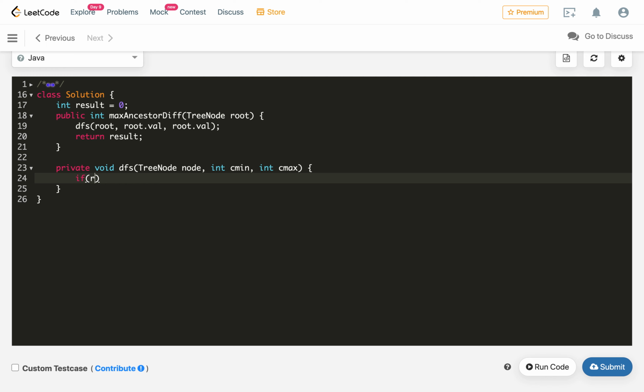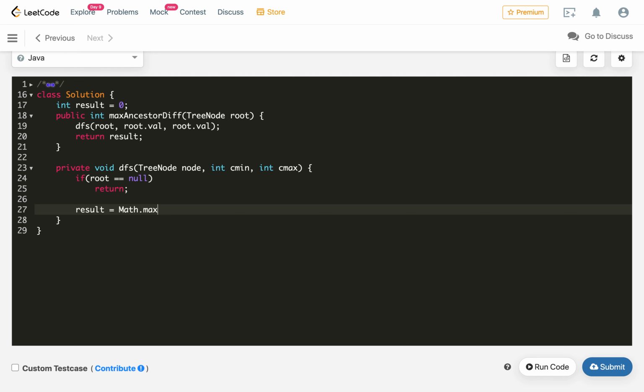Now, we will first check if we reach null, then we will just return from here itself. In the other case, we will update the result with Math.max of the current result and Math.max of the absolute value, Math.abs of node.val minus current minimum, and let us copy this.